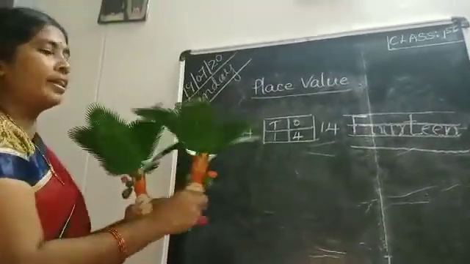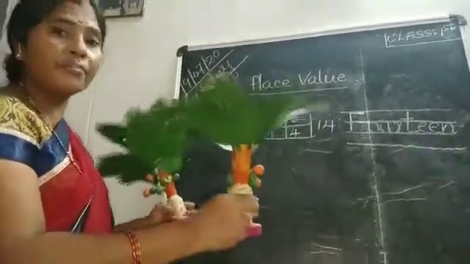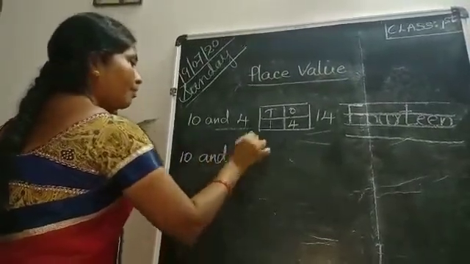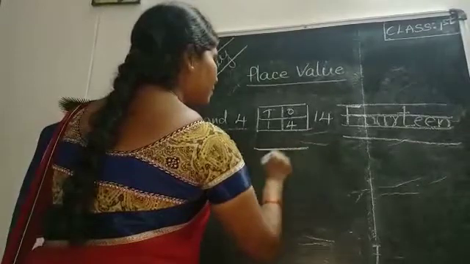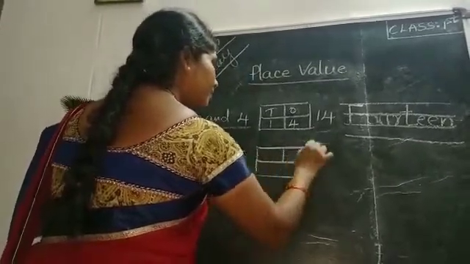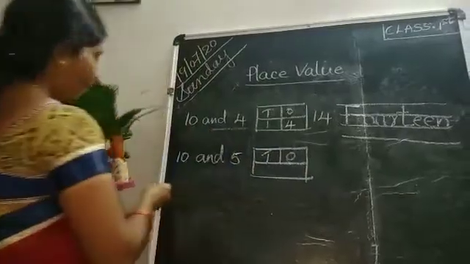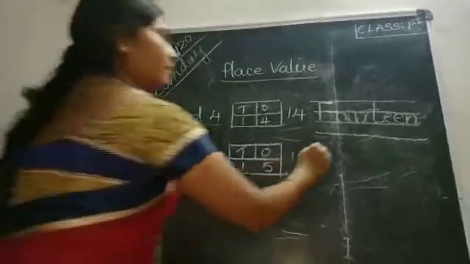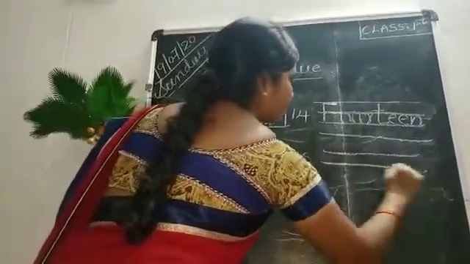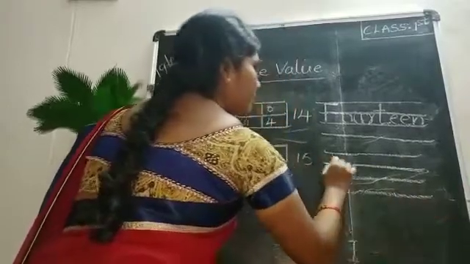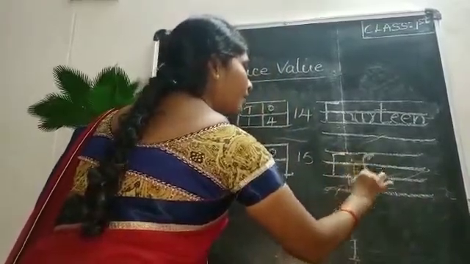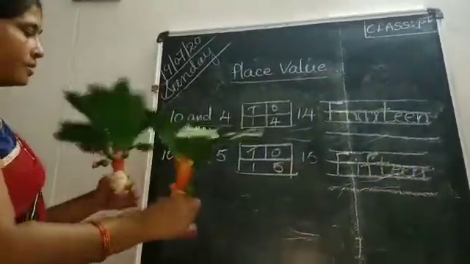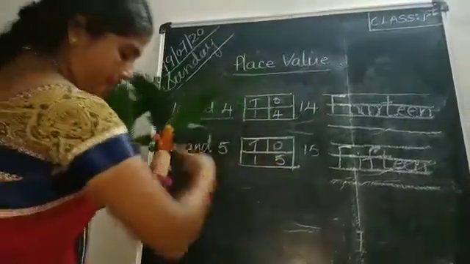5 ones. One 10 and 5 ones. What do we get? 15. FIFTEEN, 15. Next, see one 10 and